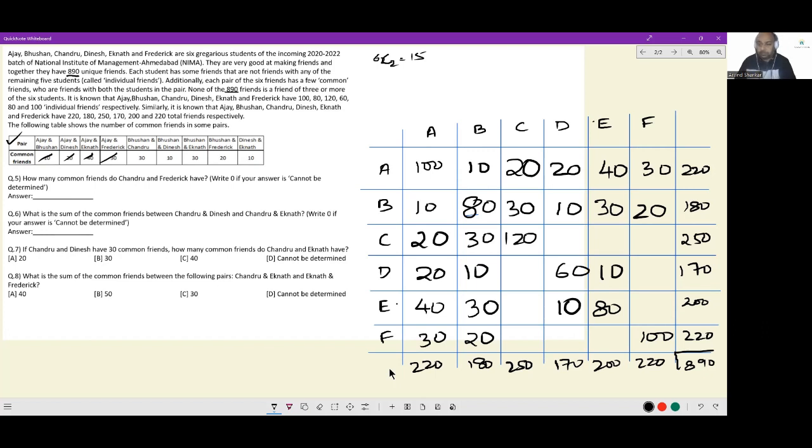Let's see. I see that for Dinesh, the row, or Dinesh, the column, one number, if I take as a variable, the other number can be automatically calculated. Right now, the summation is 20 plus 10 plus 10 plus 60, 100. And I need to reach a total of 170. So if I take this as A, this will also be A. And the other number in the row will turn out to be 70 minus A. So DNF, F and D.